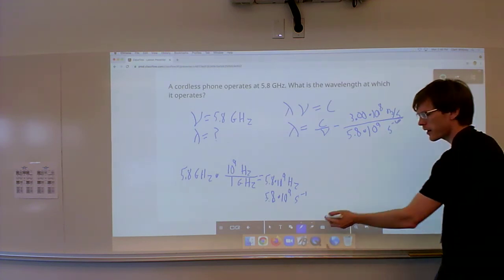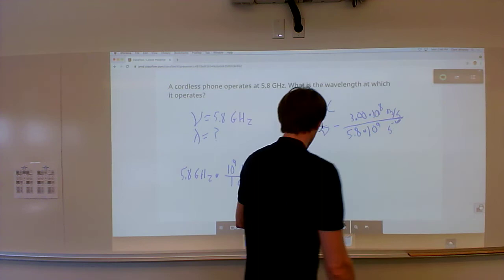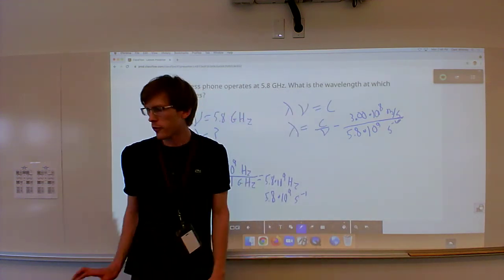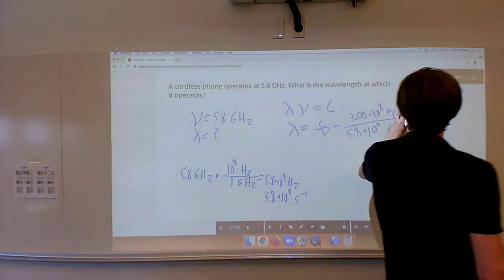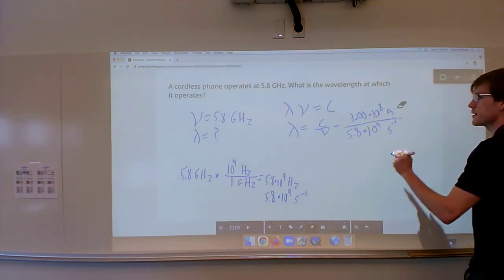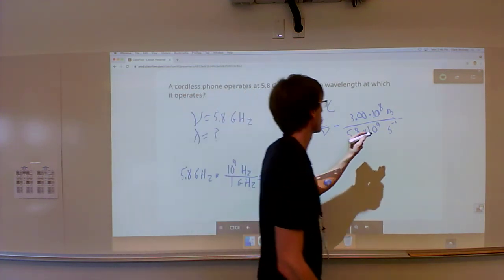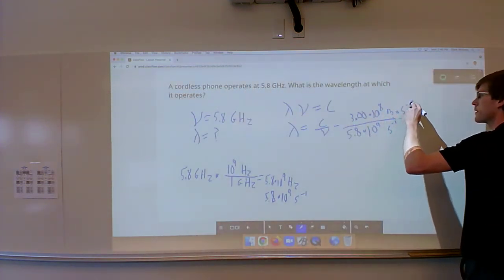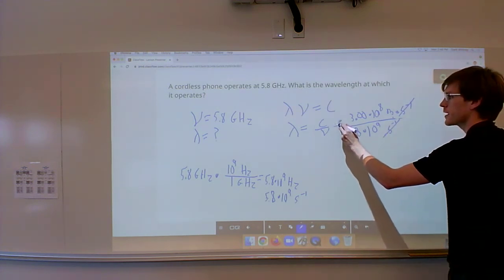Or another way of expressing that would be that we have the numerator as meters times seconds to the -1. I'm going to cancel these out, and we end up with